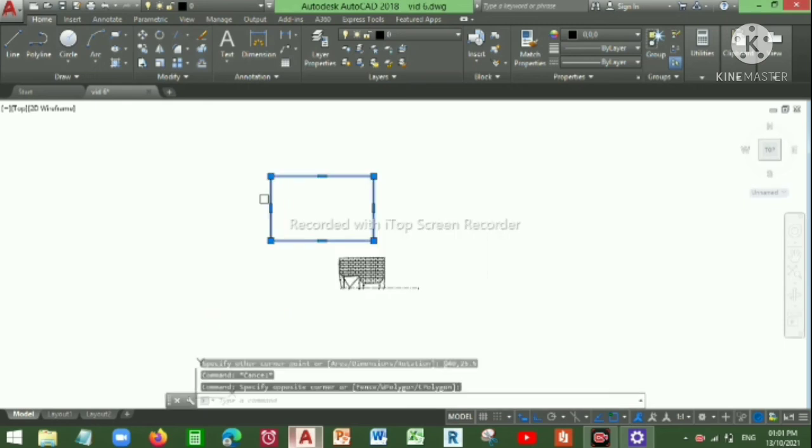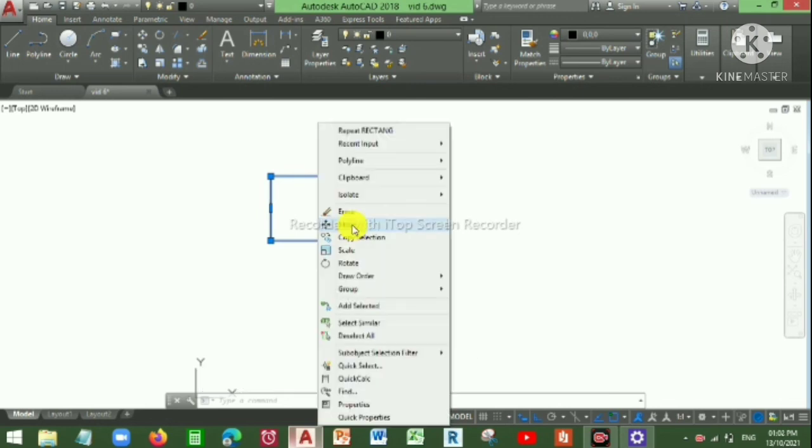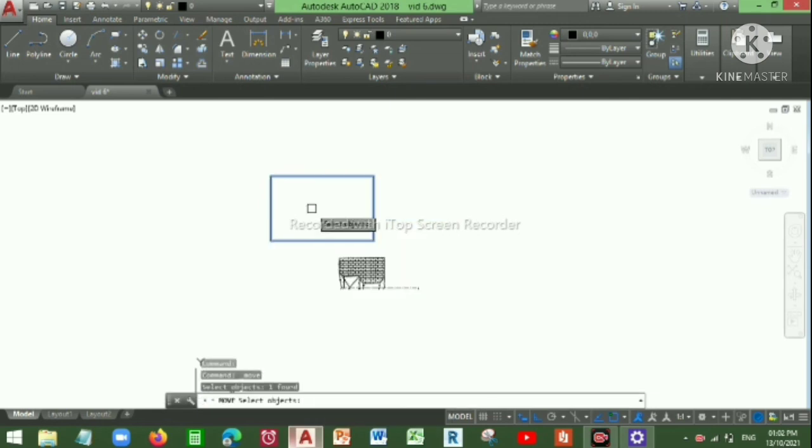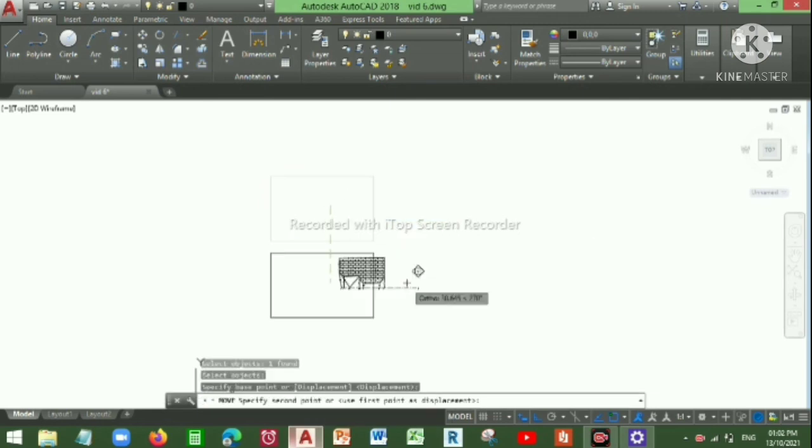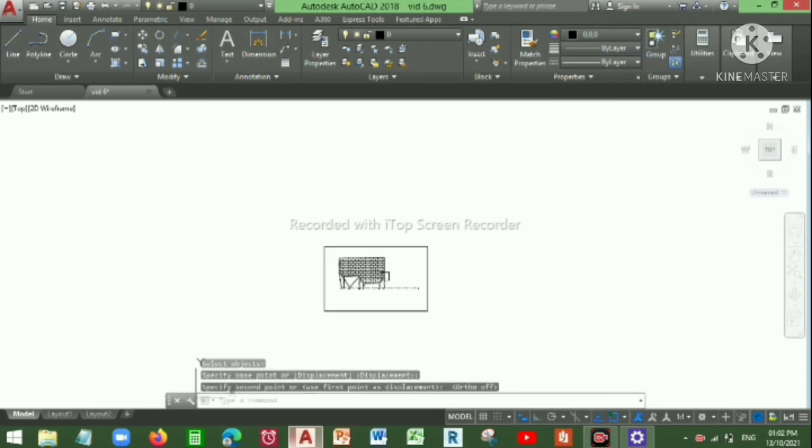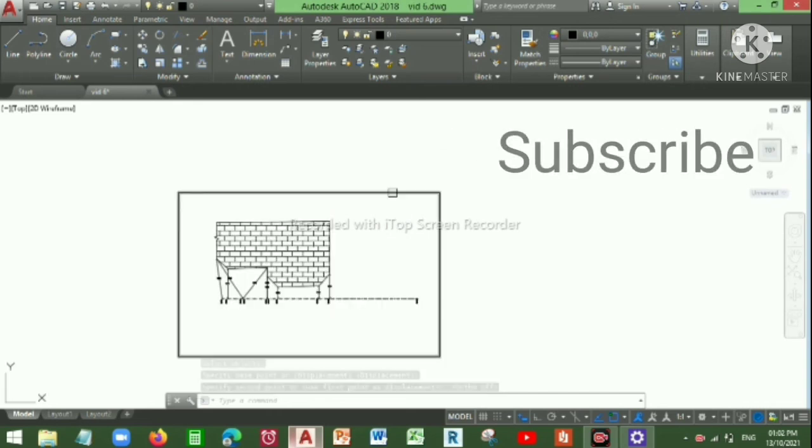And what you can do is click on this rectangle, right click on it and move it. Specify base point and turn off ortho mode, and make sure you keep this around here. There you go. Now we have done. You can put on your index marks, you can put on your title box, and to get a preview you can click on